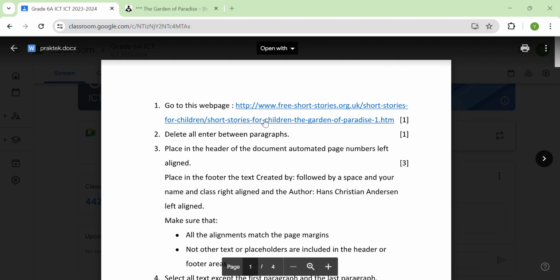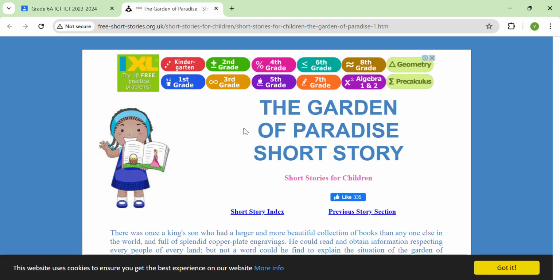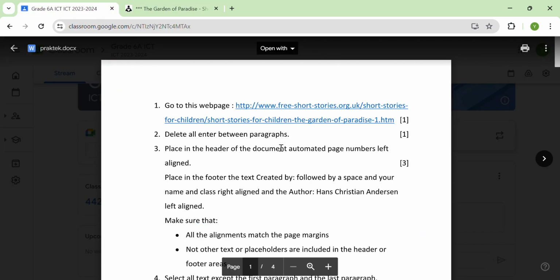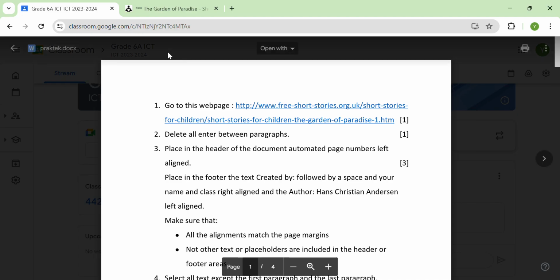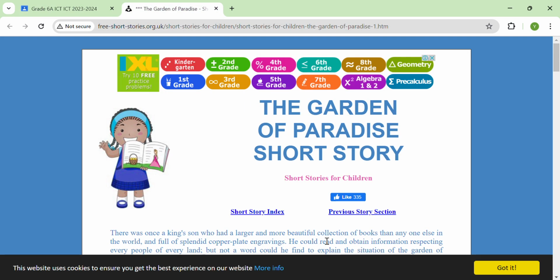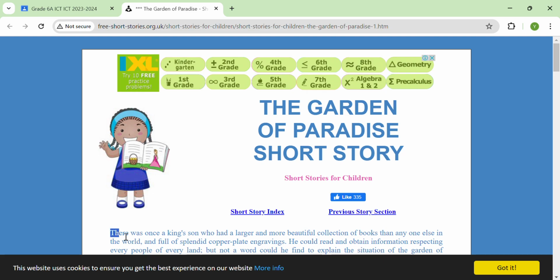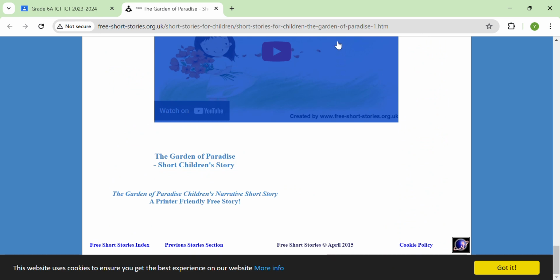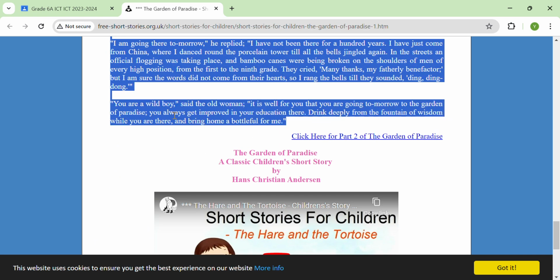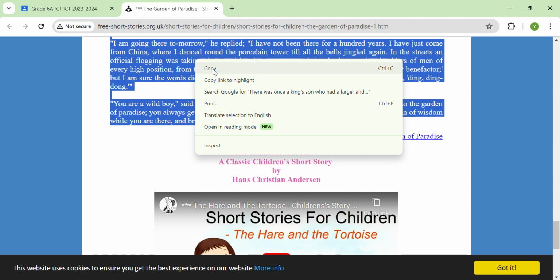The first one, you need to go to a particular web page. I have opened the link like this, and then after that I will go to Microsoft Word, open a new document, and go back to the site. I will highlight all the paragraphs that are available on that web page. After that, right click, copy,